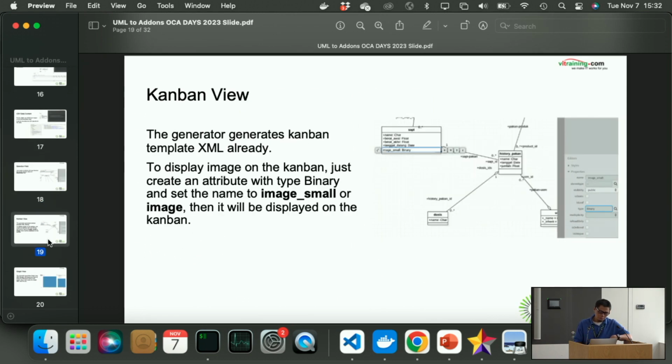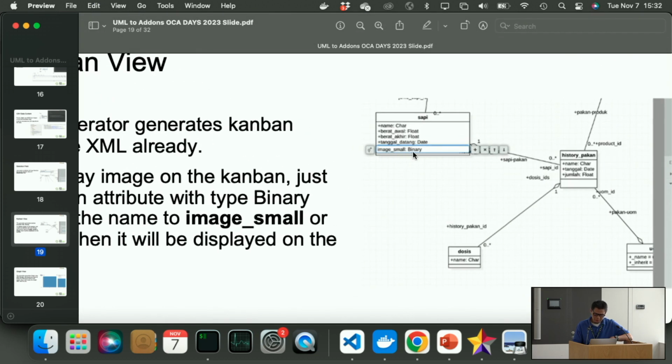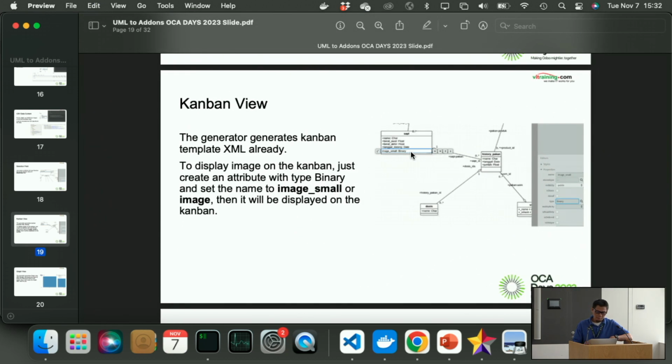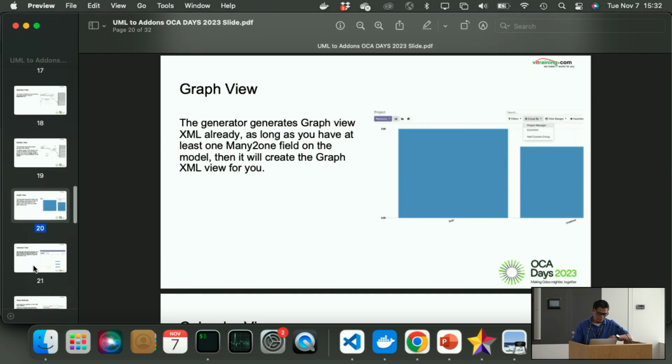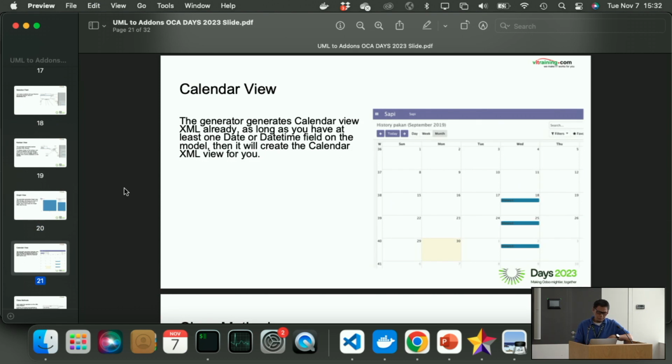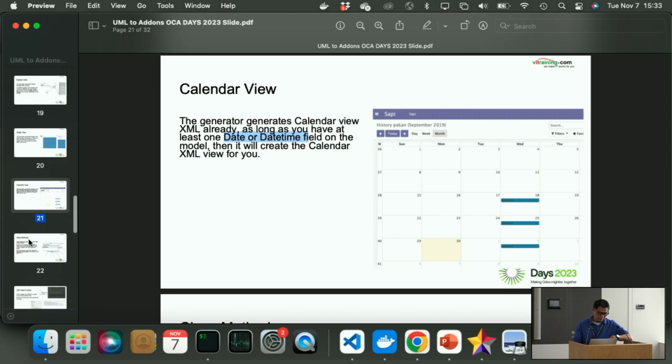Kanban view, it also generates the Kanban view for all of the classes. And if we want to put an image on the Kanban view, just put an image field or image small, which is a binary type field, and then it will be treated as the Kanban image on the left side of the Kanban. And then the graph view, and then the calendar view, if we have a date or datetime field on our class, it will automatically generate the calendar view. Okay,